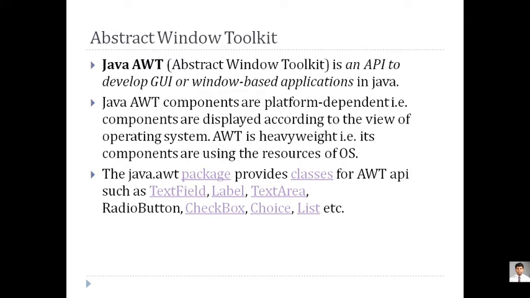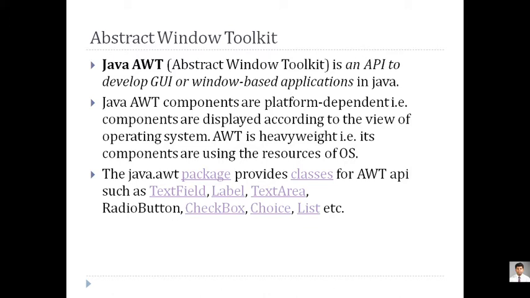And these are ready-made APIs. We just have to use the code, that is the basic classes, the interfaces, and the functions which are required for implementing each component. So that we have to do with Java AWT APIs. And as far as Java AWT components, these are platform dependent.